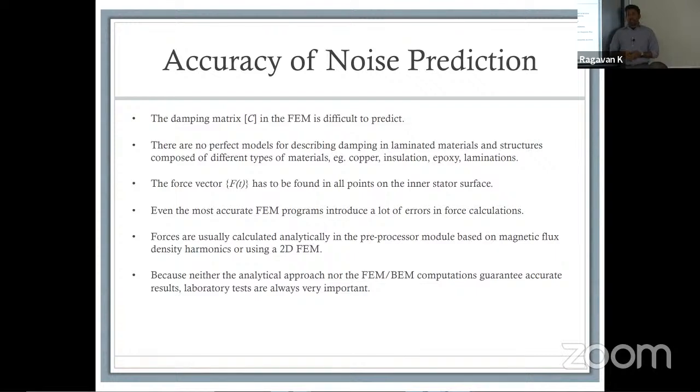For example, we were doing some tests for one of the motors, and the frequency we were finding was actually coming from one of the power supplies. So we had a DC power supply, 300-volt power supply connected to my motor. The motor was giving us certain noises, but the power supply was giving us a lot of it as well. We had a specific power supply that had a fan going inside it as well, and it had a whine. In some cases, you might hear the hum of a transformer that you have inside, and that frequency can be very close to the frequency you are getting from your motor.